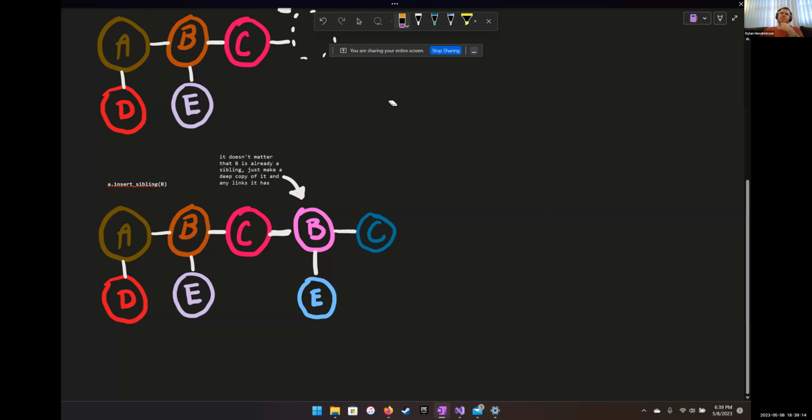Well, because P has a child pointer and a next pointer. Like here, theoretically, can